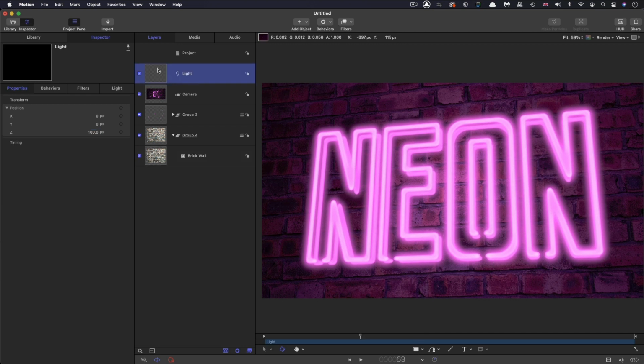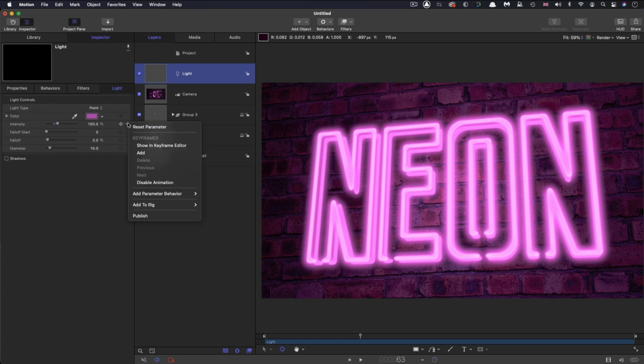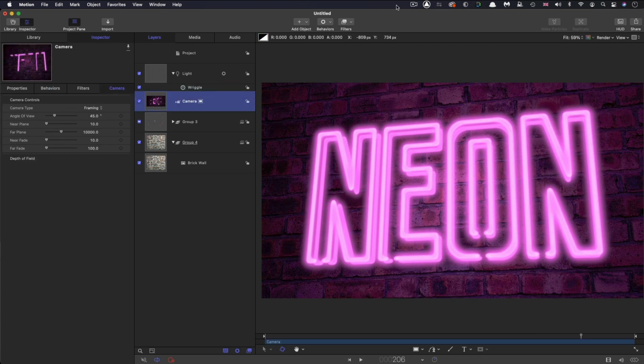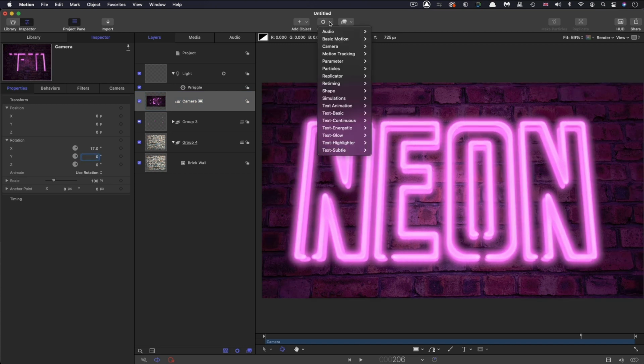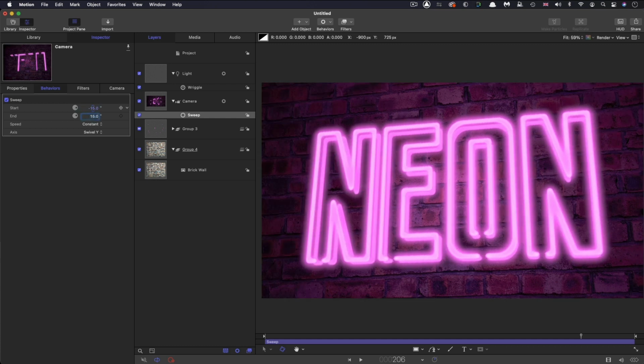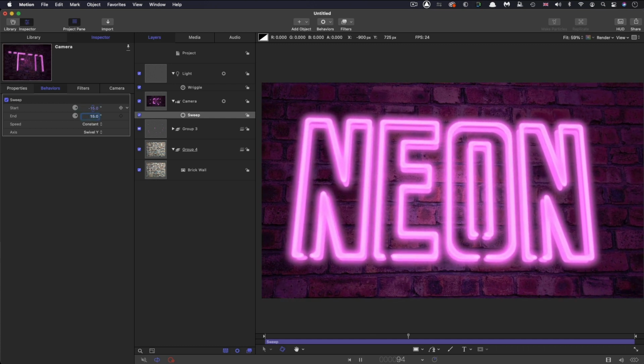And the other thing we obviously want to do is give this light a bit of a flicker. So we're going to come to its intensity, add parameter behavior, wriggle. 4% is probably fine. Let's switch to add and subtract. And again, let's crank the noisiness up to 1. And the net result of that is that the light on the wall flickers and everything is flickering just a little bit. And what we could do is, let me just reset that Y transform of the camera. We could add camera sweep, and we could go from -15 to 15,